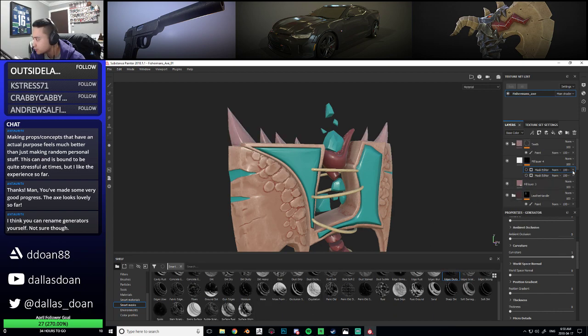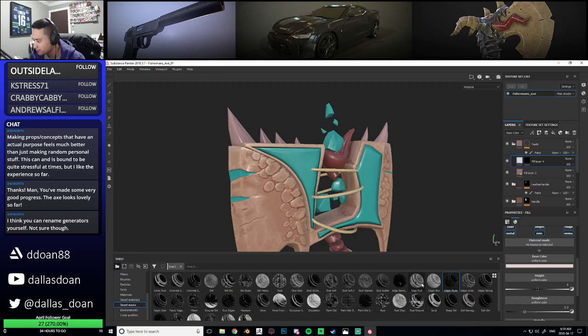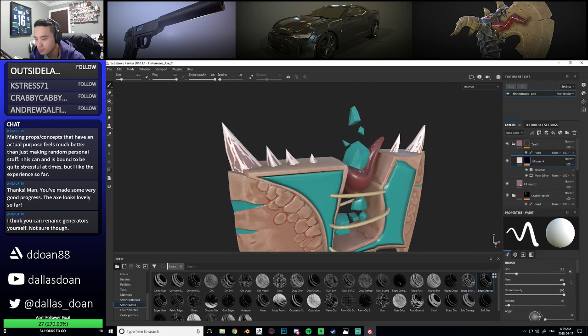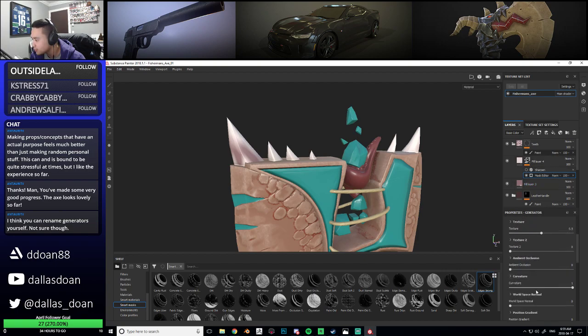Let's go. There's always so much tweaking when it comes to this kind of stuff, right? Let's go edge damage. Okay, so that's quite harsh. I just want to use the curvature map as much as I can here, but